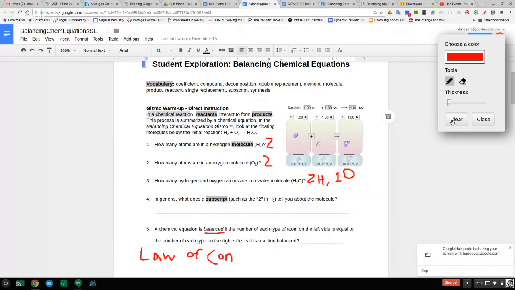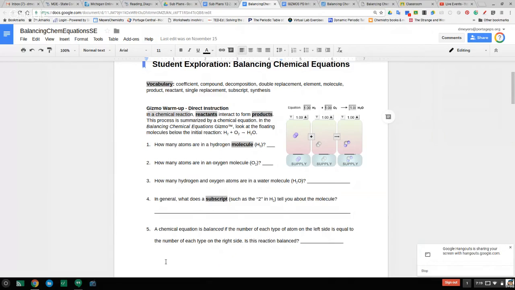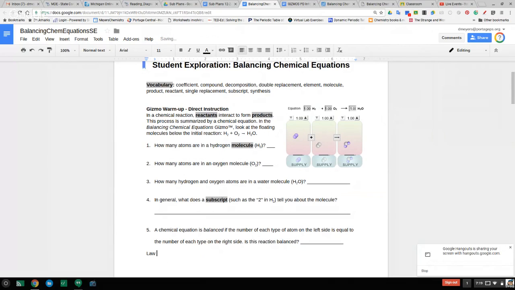Now, let me clear this. I can do this a little bit easier here. I'll close that right there. It's the law of conservation